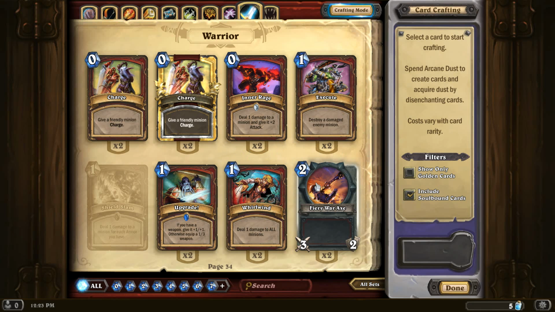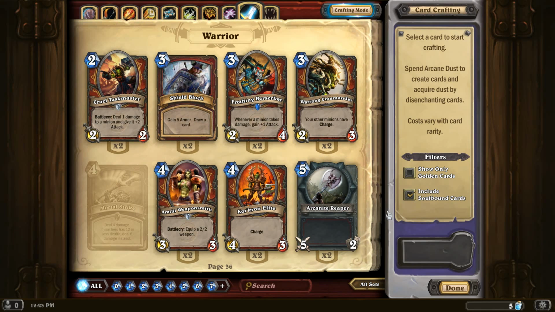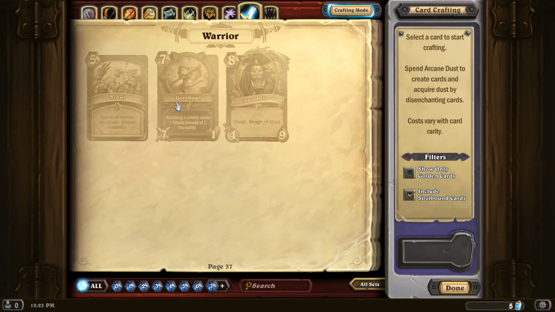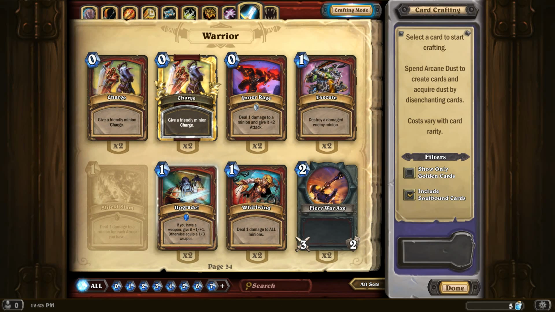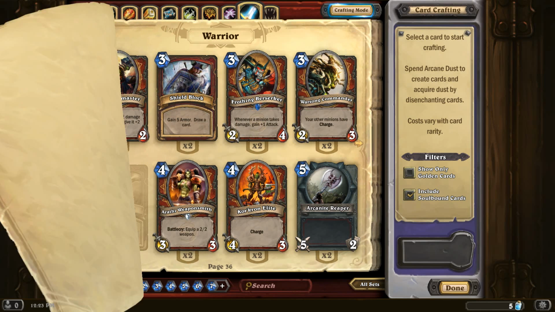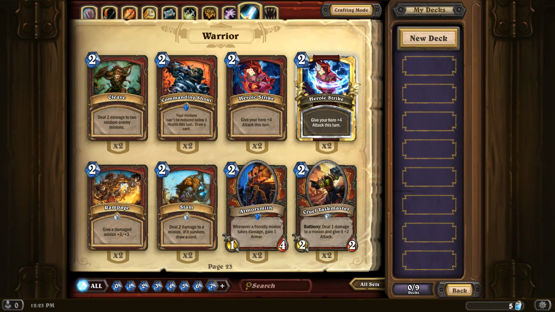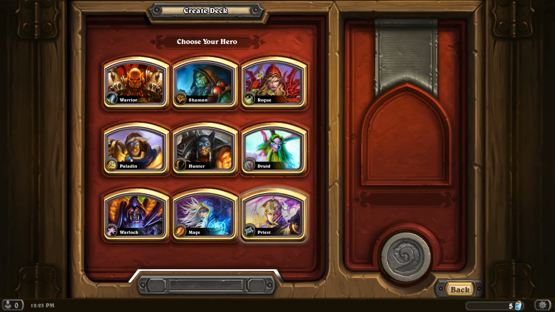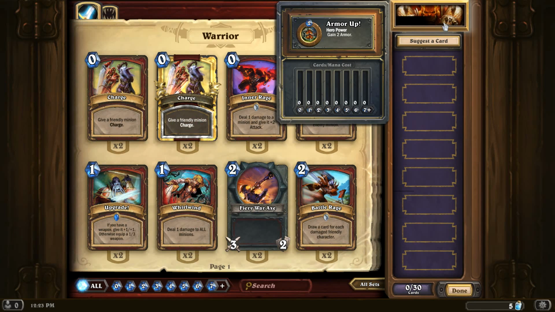So one thing the warrior has is it has the most weapons of any class. It has the war axe, right? The Arcanite Reaper. It's also got Gorehowl. In addition to those, you can get a weapon off Upgrade, and you can get a weapon off the Arathi Weaponsmith. So I figured we can just make lists of various strategies that you could possibly take with the warrior. So our first warrior is going to be called the Weapon Warrior,